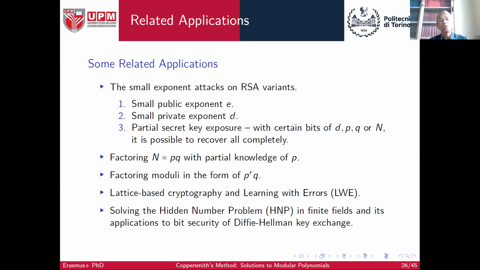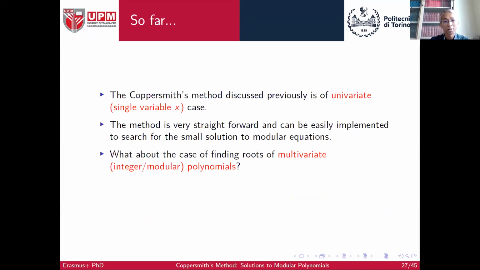Now, okay, so these are some of the first part. It deals with the univariate polynomial for the Coppersmith method. And of course, it's quite straightforward since we have only one single variable and it can be easily implemented. Like I also mentioned in the previous slide, even the original polynomial suffices to build a good basis and you can run it and obtain the root. And even if it does not work, then by a small modification, you can still proceed and obtain the root